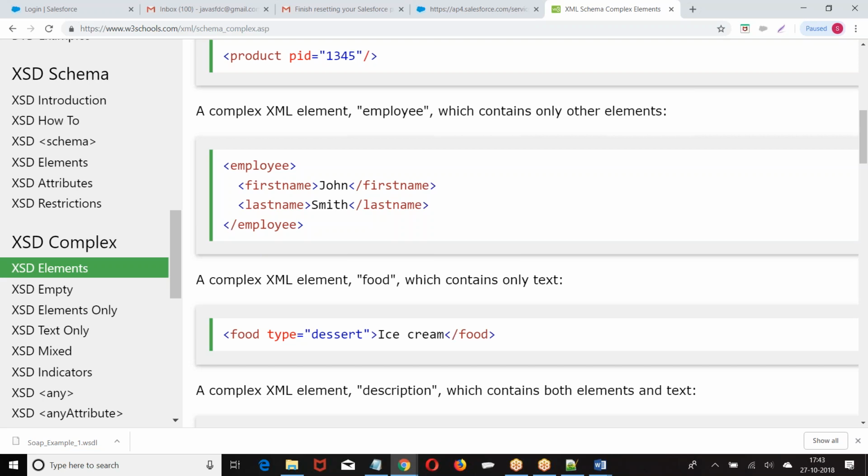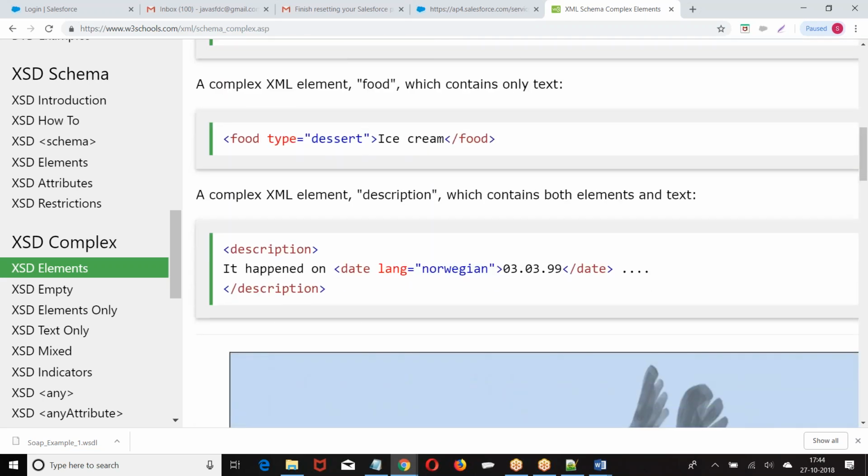The next we have complex element, an element which contains other elements but there are no attributes. Tell me an example of this. Apex form. In the form we have input text, output text, page block and everything. For Apex form, we are not giving any attributes. Straight away within that we are giving input text, output text, page block and everything. So the element contains other elements without attributes. First one, element contains only attributes, no body. Second one, element contains chain elements, no attributes. Now third, element contains attributes and text.